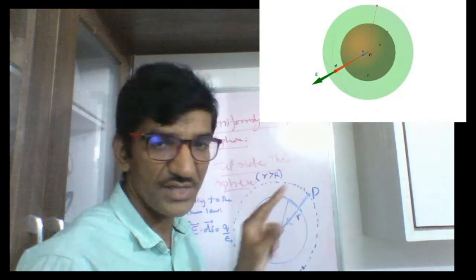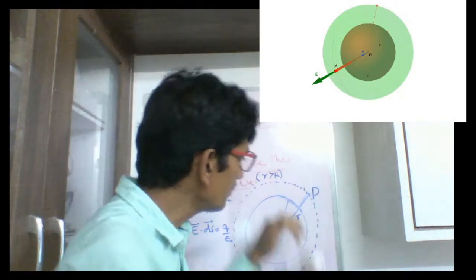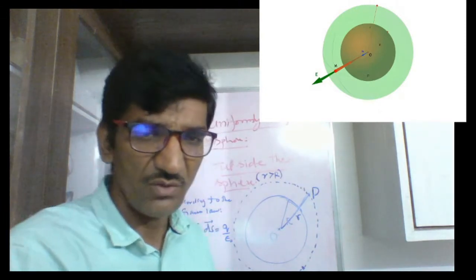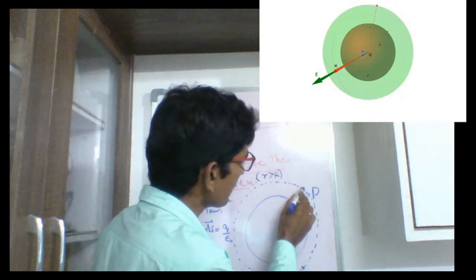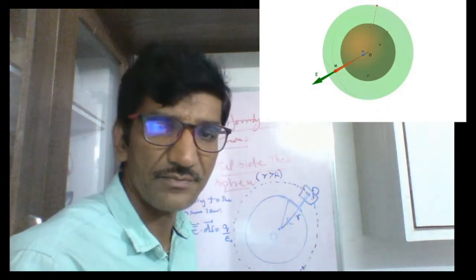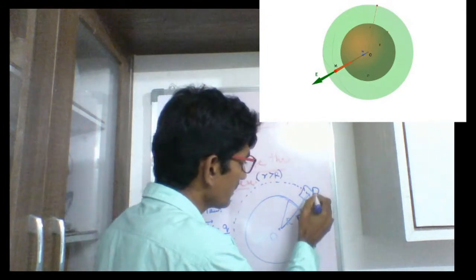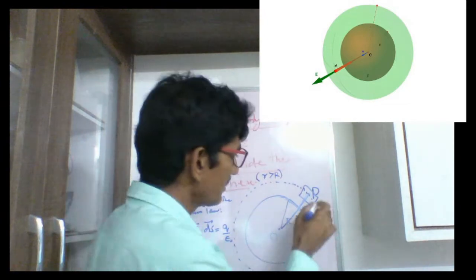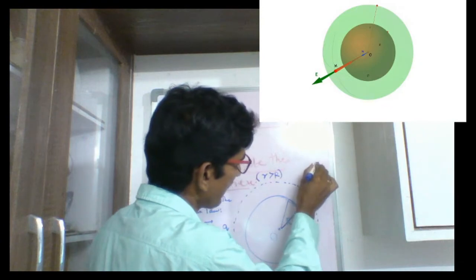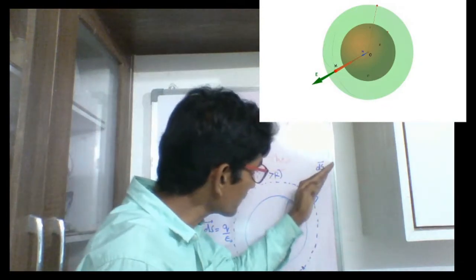Now here this is an imaginary surface. On this surface you want to find the electric field at one particular point P. This may have some surface area, an imaginary sphere just like the original sphere. You just take some area ds on this imaginary sphere. This is ds. It is directed radially outwards. This is the direction of ds.